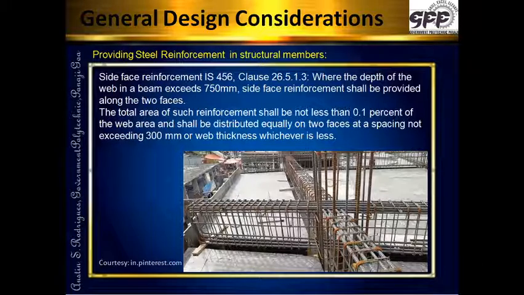So over here we have seen the different provisions, like what is the nominal cover or the clear cover. We have seen the effective cover, the clear span, effective spans, the different effective spans in the different categories like the simply supported beam, the continuous beam, the different conditions for the continuous beam. Then we have the cantilever, the rocker and roller condition or the frame. So everything we have considered and we have understood this, and finally we have come to how much should be the minimum reinforcement provided and the maximum reinforcement provided in the structural member.